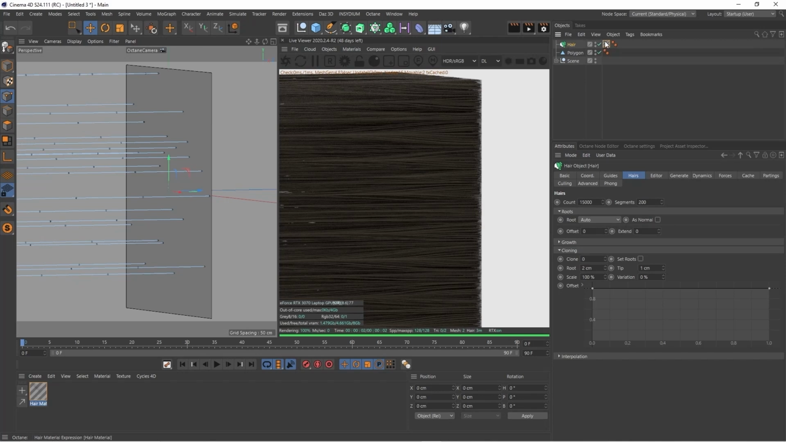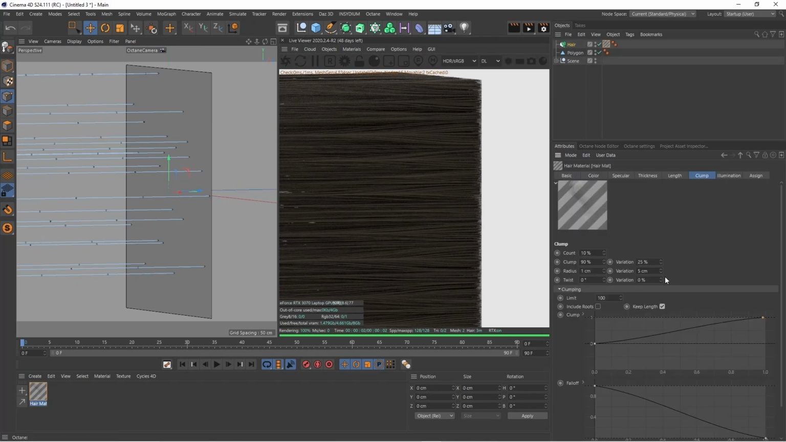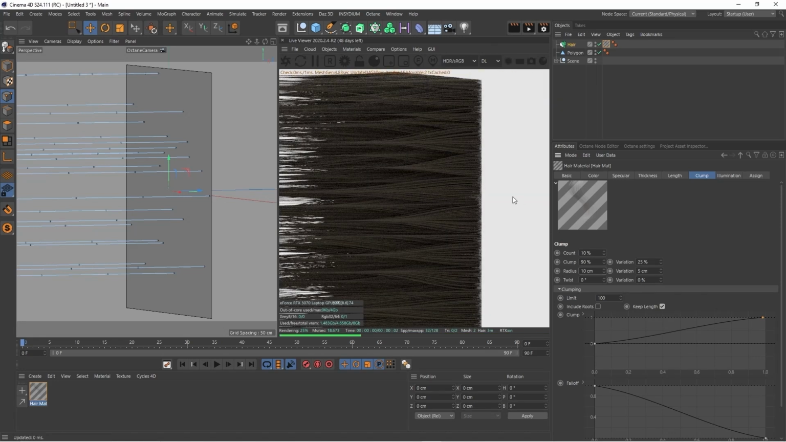Now let's go back to the clumping. Oh, maybe that's why it wasn't working right. Okay, so we have that at 5. Okay, so let's raise this back up to 10 so we can get something that looks more accurate to the scale we're working with here. All right, so there we go. That looks pretty good. So, you know, for whatever it is that you're going with,